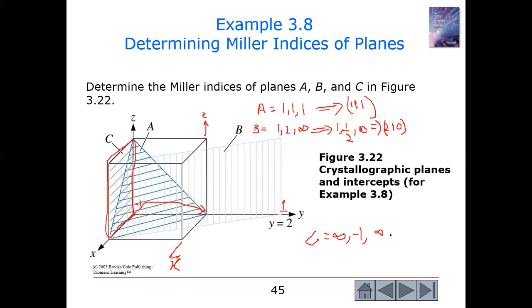So you need to take the reciprocals. So reciprocals are,